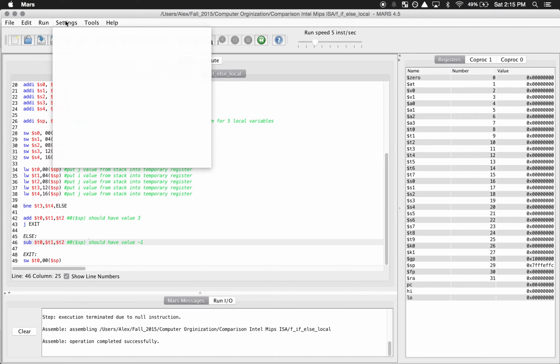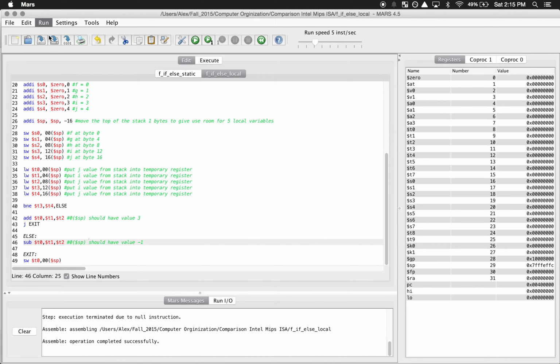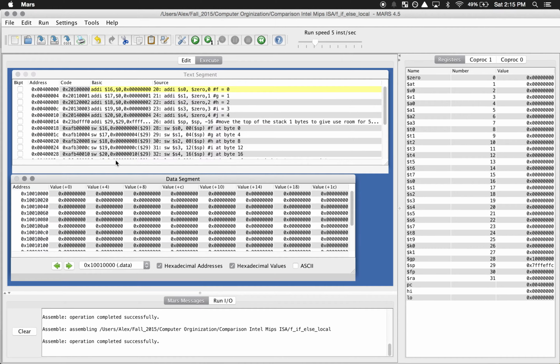So we're going to run this program, assemble, and everything works. And again, we're going to have these different things. The data segment now, we're not going to use the data segment, right? Because we didn't make any local variables or static variables. So I'm going to go to the stack pointer. And this right here, you see the address has changed. So this is where our stack is. And if we notice right here, this is the stack pointer. It is at